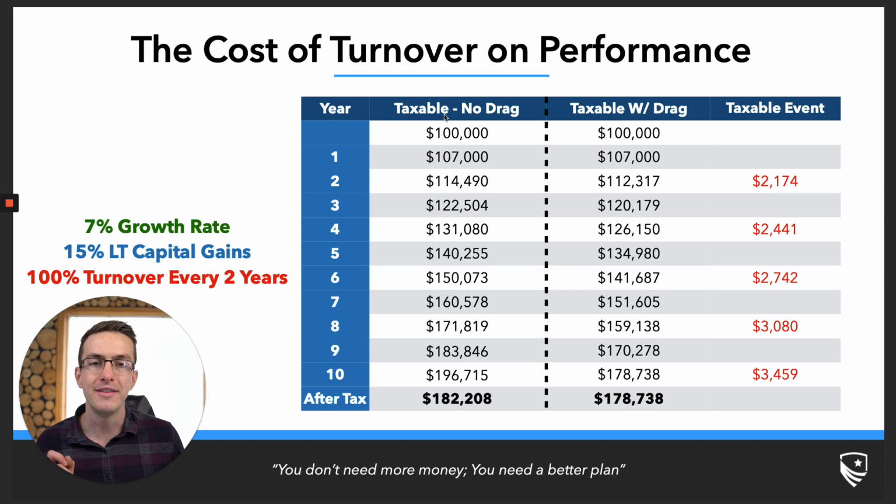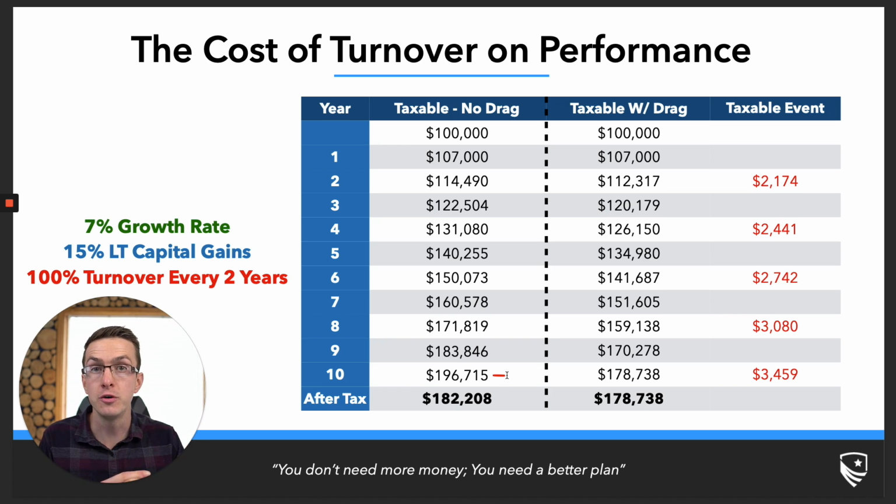Okay, so on the left-hand side of the screen right now, we're looking at a taxable account that we're not making any changes to. It's a very buy and hold account, if you will. There's no drag with this given account. We're just earning 7% each and every year. And through this 10-year period, you'll notice that this account has risen to $196,715. And so from this account, we have a cost basis that we've already paid taxes on to get the money into this account of $100,000. We then have